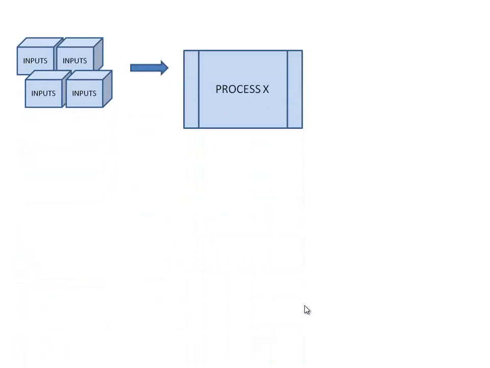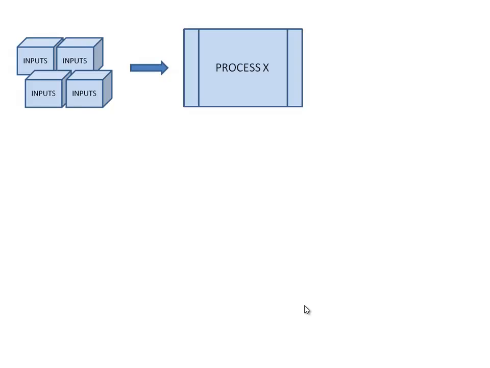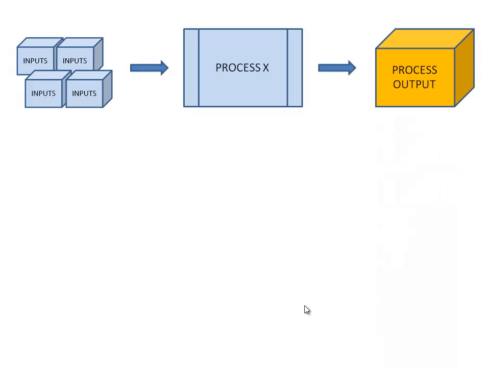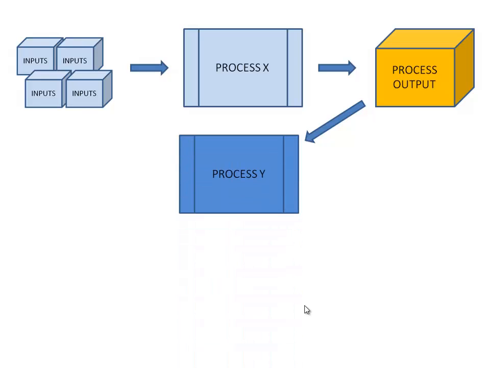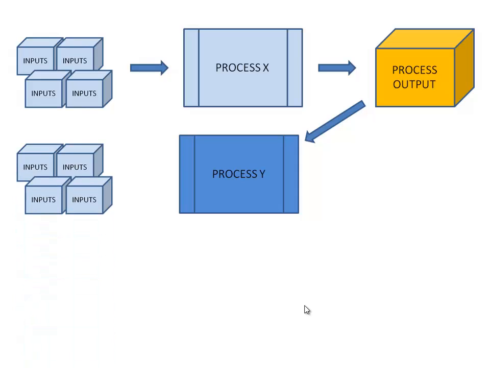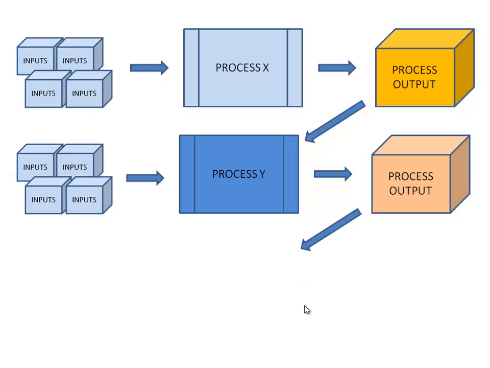Now, we could have, of course, bunches of inputs to a process, and then we get the process output. Several inputs become inputs to a process, and from there we get process outputs. In some cases, only one process output. Now, that process output becomes an input to, say, a process Y. And in addition, process Y also has other inputs that, along with that orange box, the process output from process X, they all become inputs to process Y, and then we get an output from process Y, and the cycle